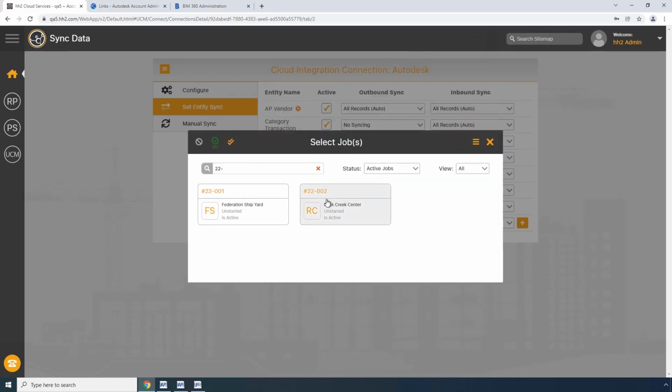Okay, and I can see that this particular job has already been synced up from Sage to the HH2 site. It has not gone over to Autodesk again because we've selected the option for selected records only. So until I select that, it doesn't go any further. So I'm going to go ahead and select that job